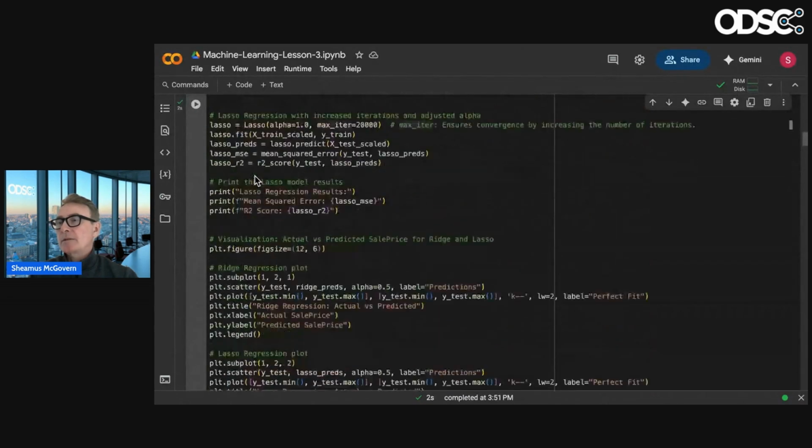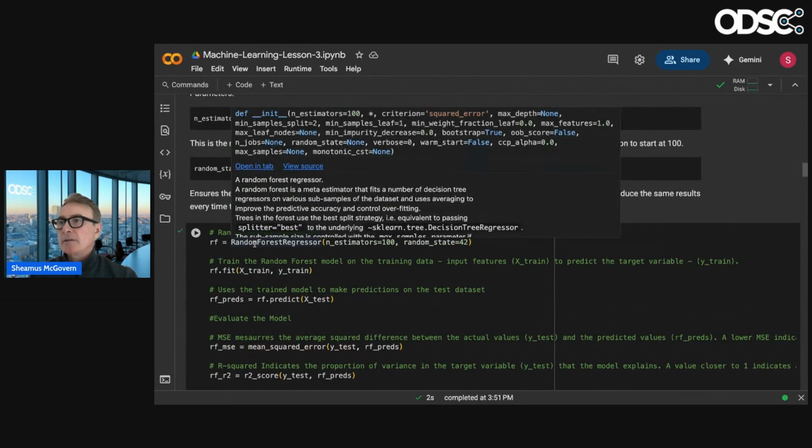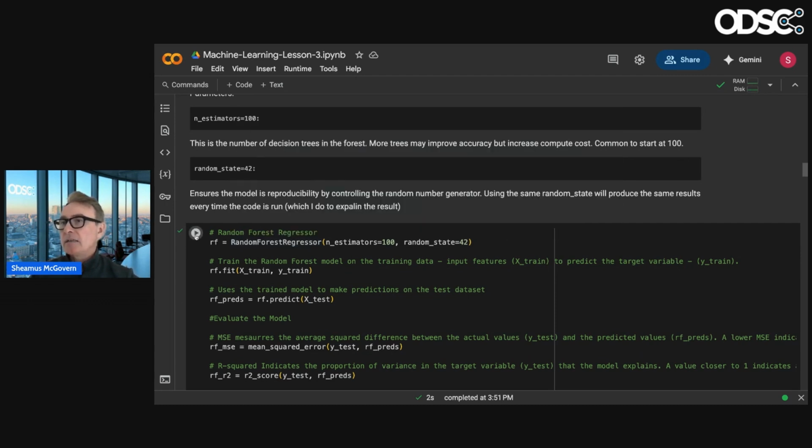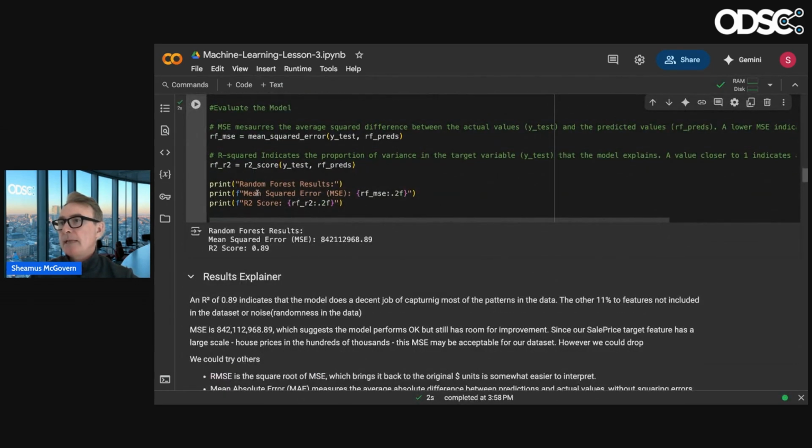Where did I pull that out? I don't like it when I don't put the libraries in here. Anyway, this comes from scikit-learn. Again, take a little time to read this method. They call it a meta estimator, a term I don't use. It controls overfitting and predictive accuracy. So we're going to run that. And wow, we got an R2 score of 89.